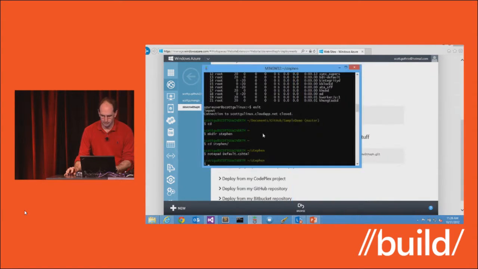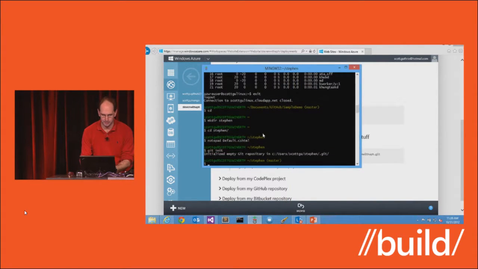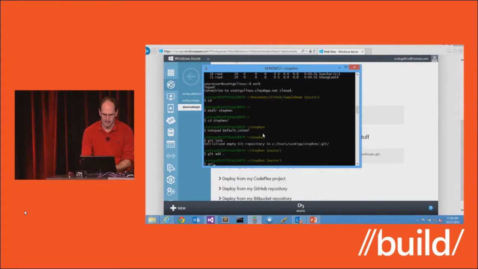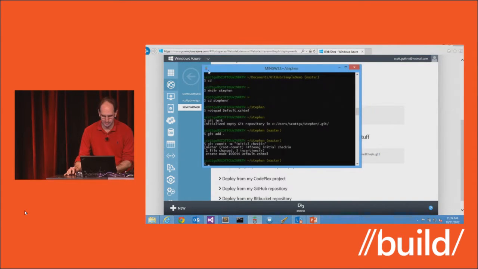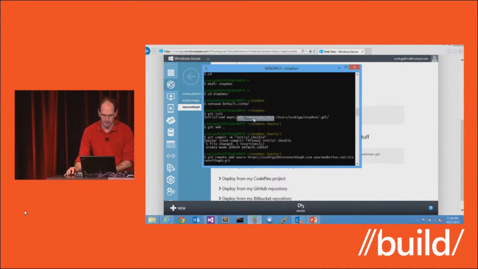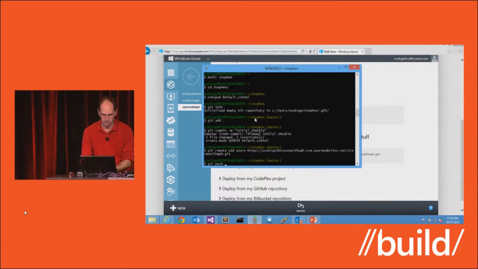I can then basically do git init. I can git add. I can do a git commit. This is hardcore. And then add a remote that points to my Windows Azure website on my local dev machine. And I can then do git push Azure master.